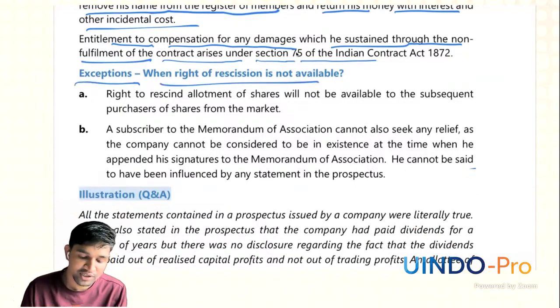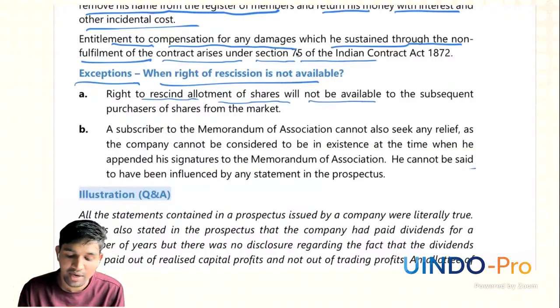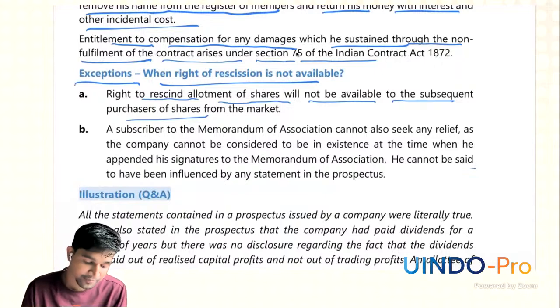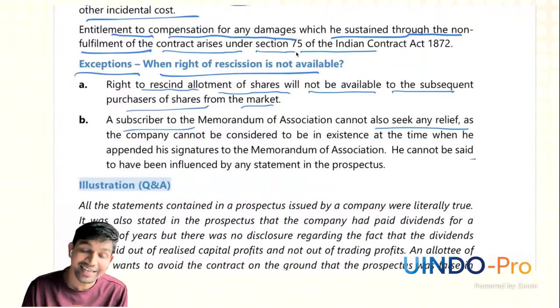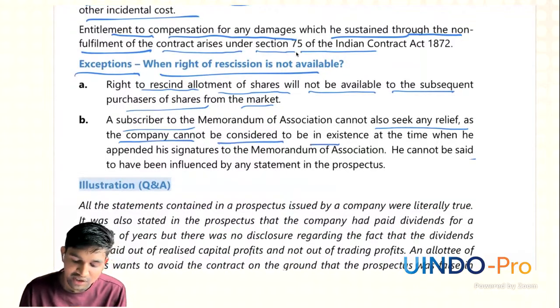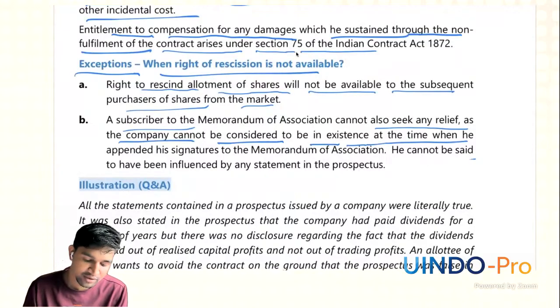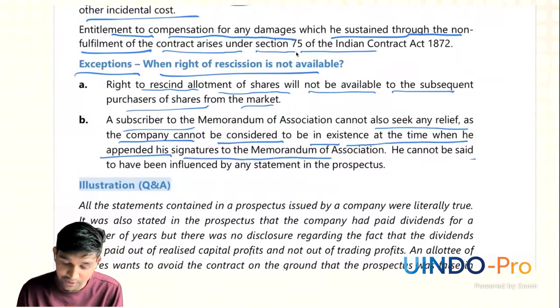Exceptions when right of rescission is not available. The right to rescind allotment of shares will not be available to subsequent purchasers of the shares from the market. And a subscriber to the Memorandum of Association cannot also seek any relief, as the company cannot be considered to be in existence at the time when he appends his signature to the Memorandum of Association, and he cannot